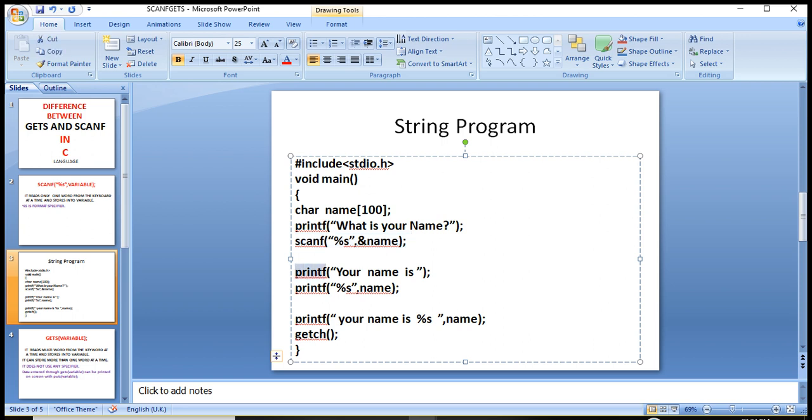And printf, your name is, this is a message that will be printed on the screen. Then the next printf function will print the data stored in the name variable. Printf %s comma name will print the data of the name variable on the screen.